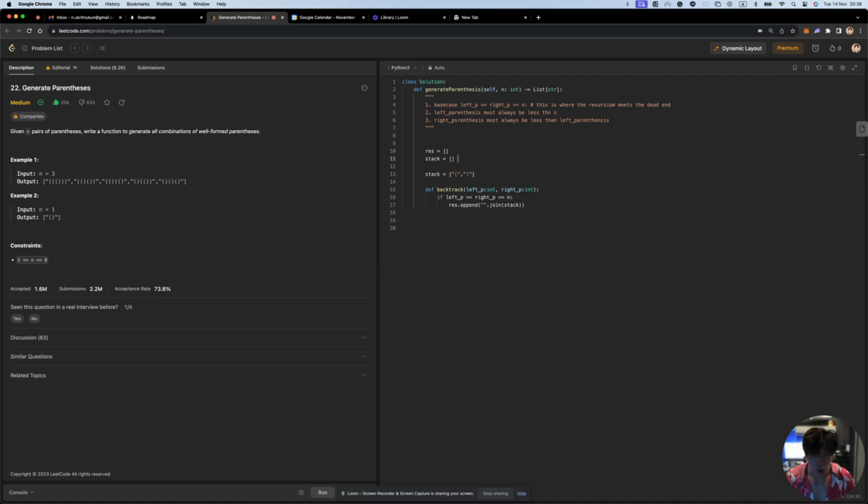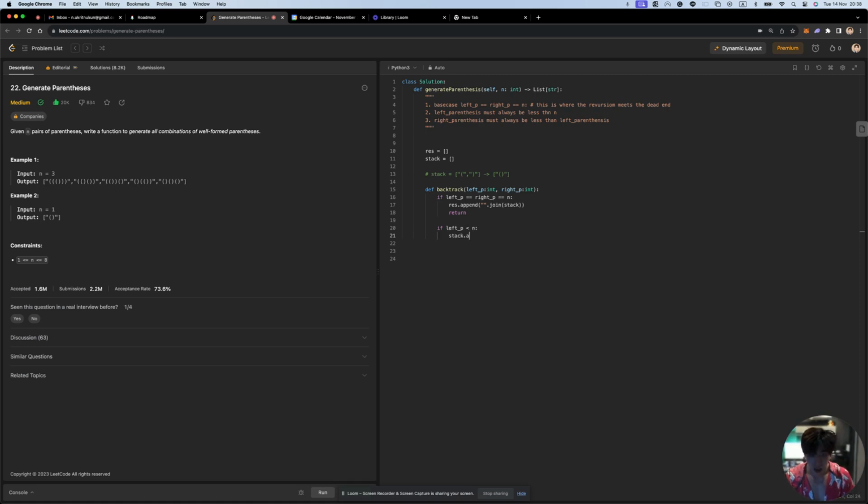You probably want to combine them together to become like this, and here you can use the join method to do that. After that you want to return. Okay, and the next if condition: if left parenthesis is less than n,